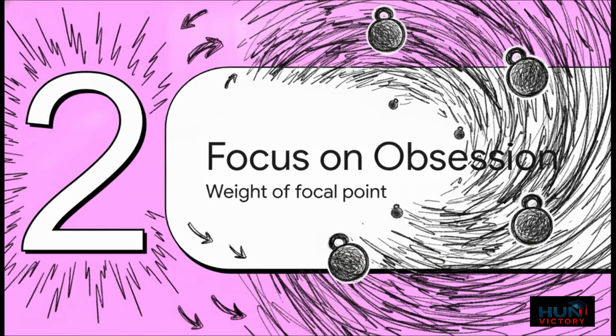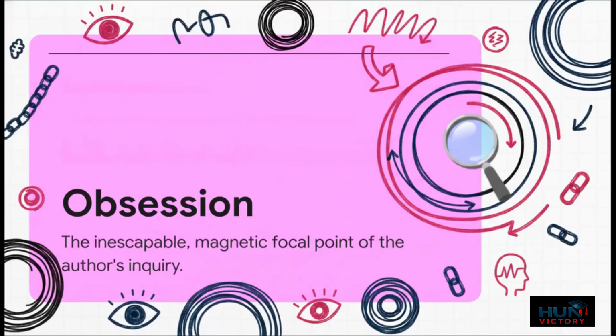Section 2. Focusing on obsession and the weight of the focal point. Now, looking closely at our source, the word obsession isn't being used here as some dry clinical term you'd find in a psychology textbook. Not at all. The author invokes it as an inescapable magnetic center. It's a really heavy, emotionally charged word that suddenly elevates the whole text from just a casual question into this profound observation of human behavior. It implies repetition, fixation, and this complete inability to look away.